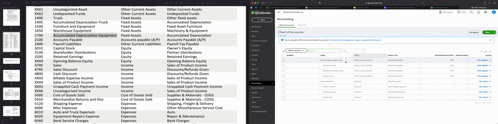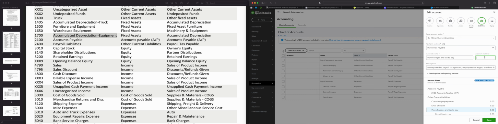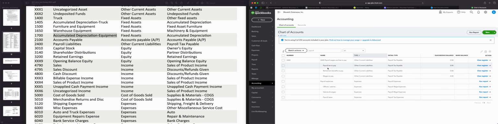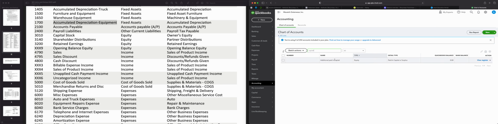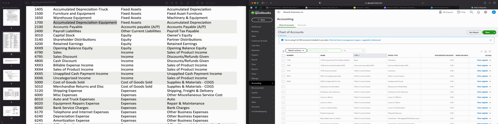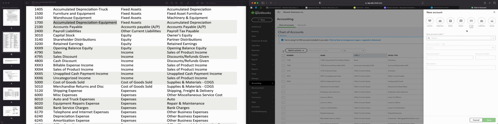We're going to change these to payroll, wages, and tax to pay, edit that, and create payroll liabilities 2400 and save. We may delete these later, so we'll just have exactly what they'll have, but right now this is what we're doing. Capital stock, additional paid in capital. Equity, owner's equity, paid in capital surplus, so that's different than what we have, so we may have to delete that, but right now we're going to do